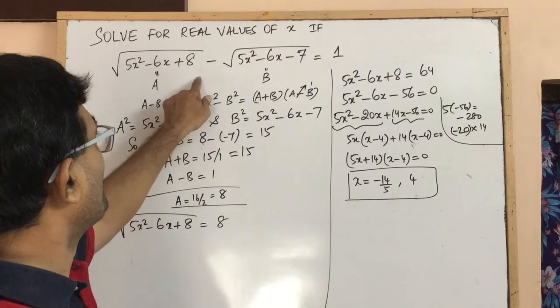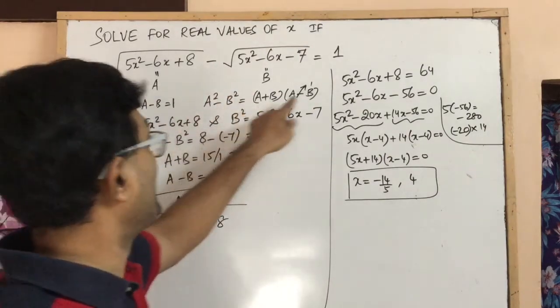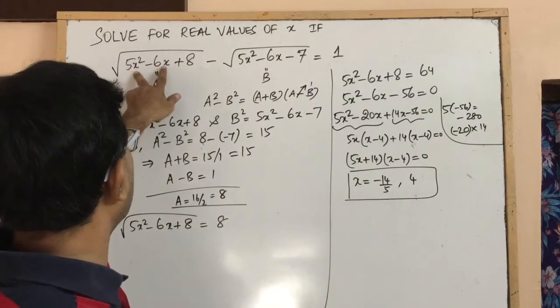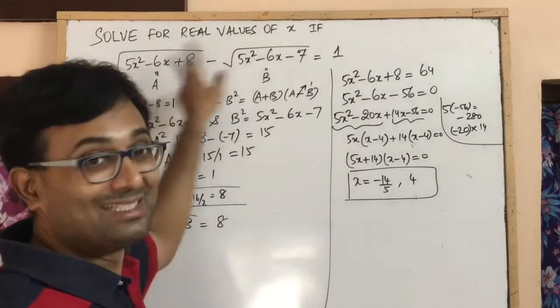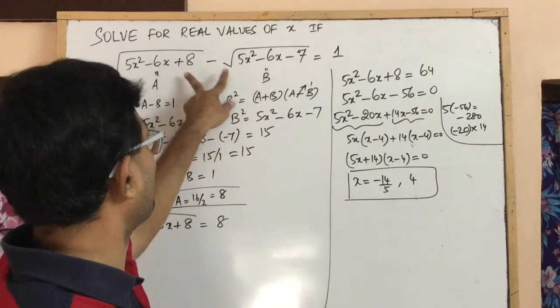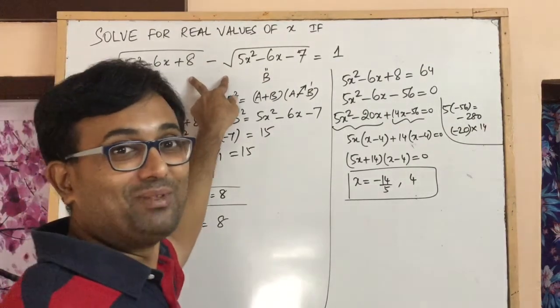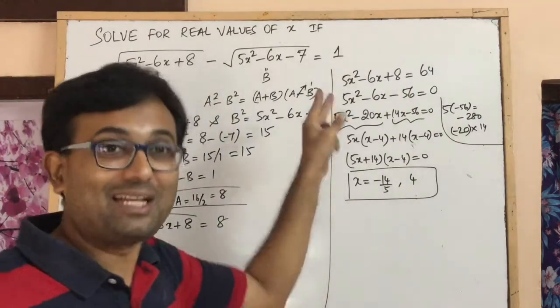This problem has beautifully combined the algebraic identity that a squared minus b squared is equal to a plus b into a minus b. This was possible just because the coefficients of x squared and x terms were the same under the square roots in both these cases, in this particular case. So, hope you like this nice problem. Its neat solution, which is a little unique, I should say.